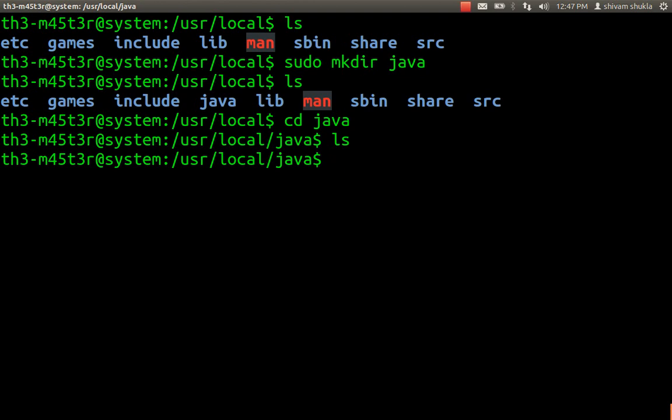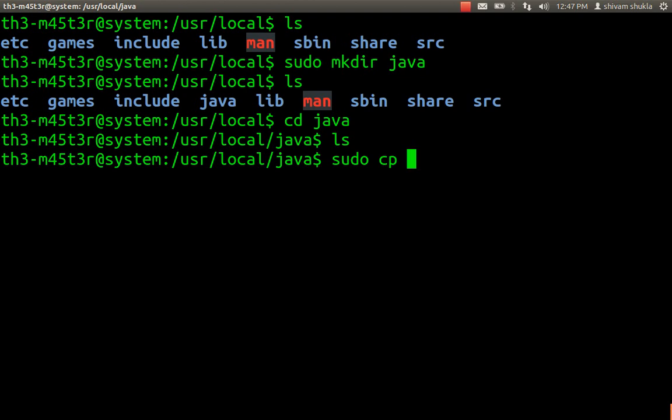Now we need to copy the downloaded JRE and JDK packages from wherever you have downloaded them to this directory. By default it is the Downloads folder. I have kept it on my desktop, so I am going to copy it from there.